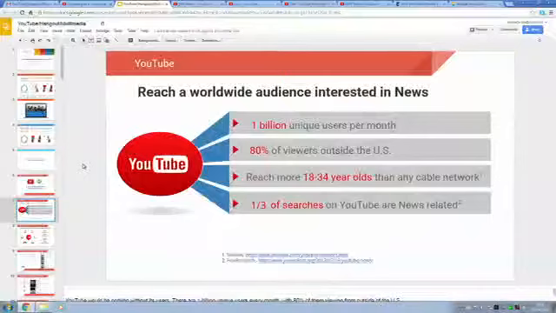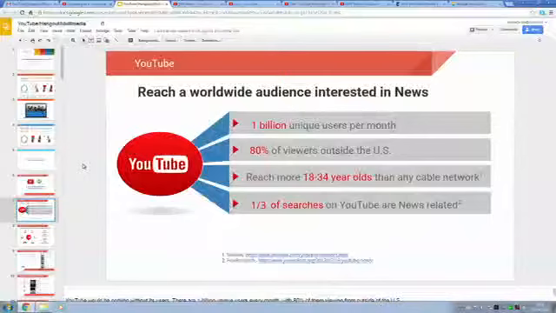People between 18 and 34 years of age use YouTube much more so than any cable network. I'm pretty sure that any one of you who has observed a teenager at home knows that YouTube is actually their landing platform very often, even to find information, so even before going into search or any other page.